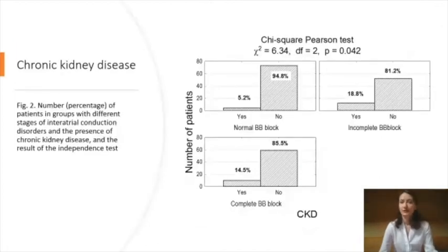There was no direct correlation to creatinine levels. However, chronic renal disease independent from creatinine levels showed an increased number of patients with interatrial conduction delay. There were 5.2% of patients with chronic kidney disease in the normal group versus 18.8 and 14.5 in incomplete and complete Bachmann's